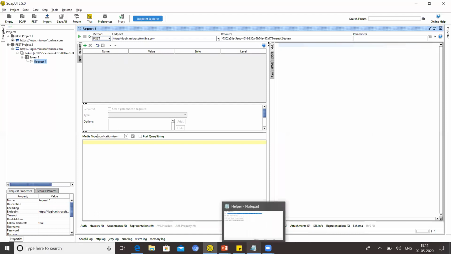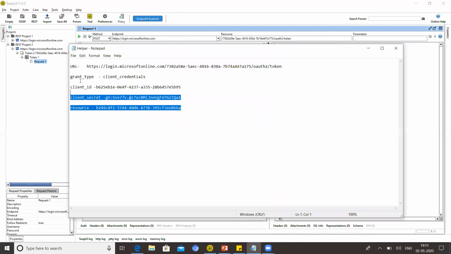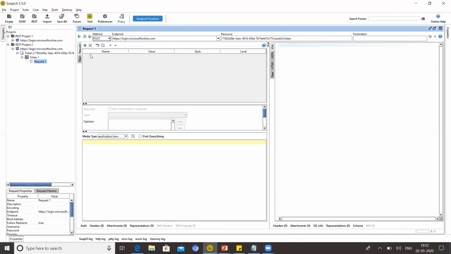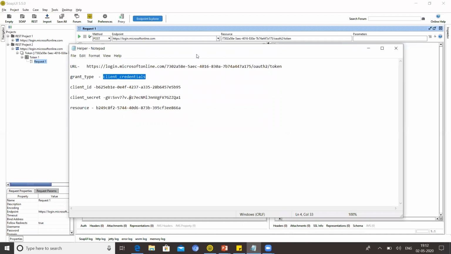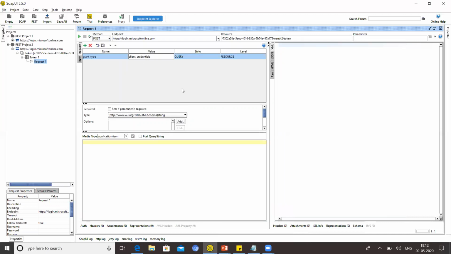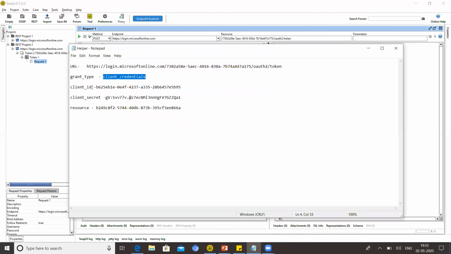So now I have mentioned the URL. Now I need to pass this information. This information must be provided by the application owner. So here you can click on the plus and you can enter the property name and then its value. Similarly, one by one, you have to enter client ID, secret, resource ID. Resource is nothing but the application ID on which you will be giving access.